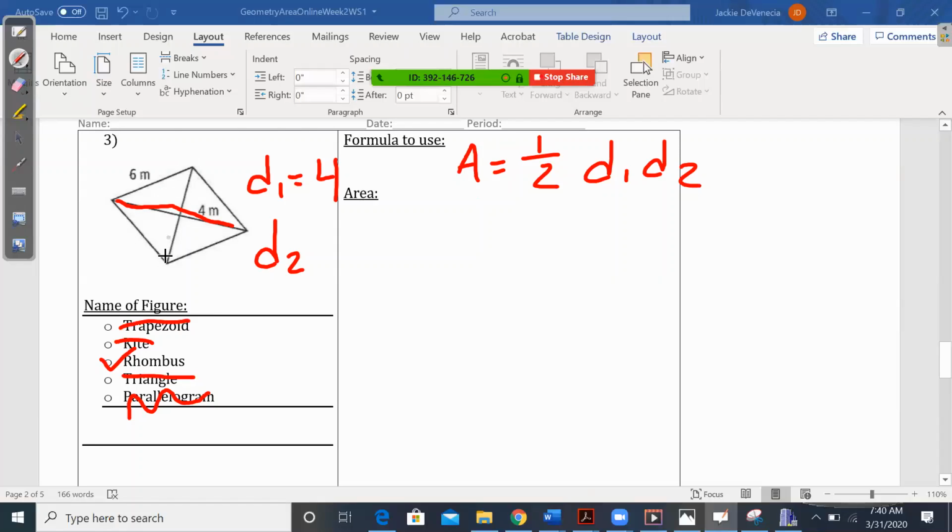It didn't tell us, right? So we have to figure that out. We have to figure out what D2 actually is. So the thing over here, if we want to find out what these guys are, we need to first break this in half. So half of 4, it's going to be 2. So we have 2, and then we have 2,